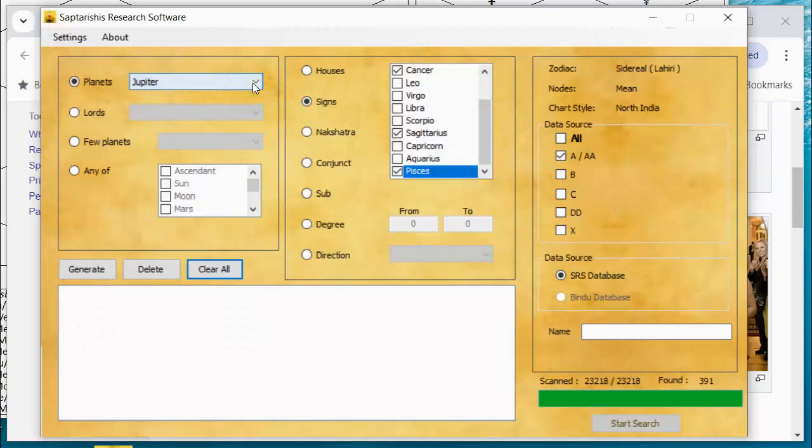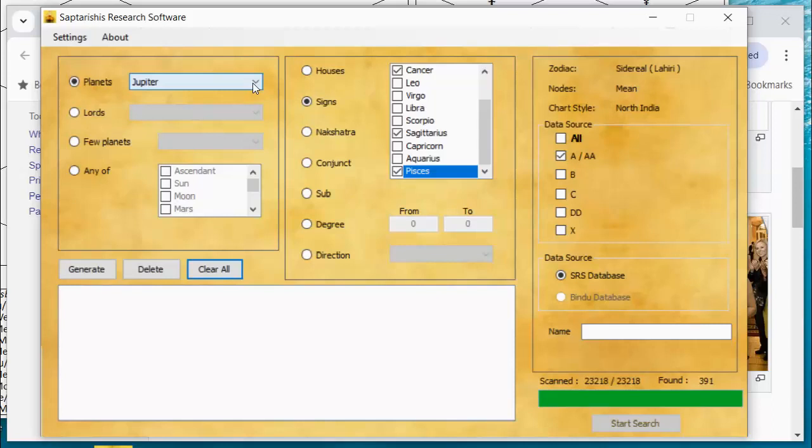First, what is a Pancha MahaPurusha yoga? It's when one of the 5 true planets, in other words, we're talking about Mars, Mercury, Jupiter, Venus, or Saturn, is found within a kendra, house 1, 4, 7, or 10, and it is also strong by sign, meaning it's either in its own sign or it's exalted.